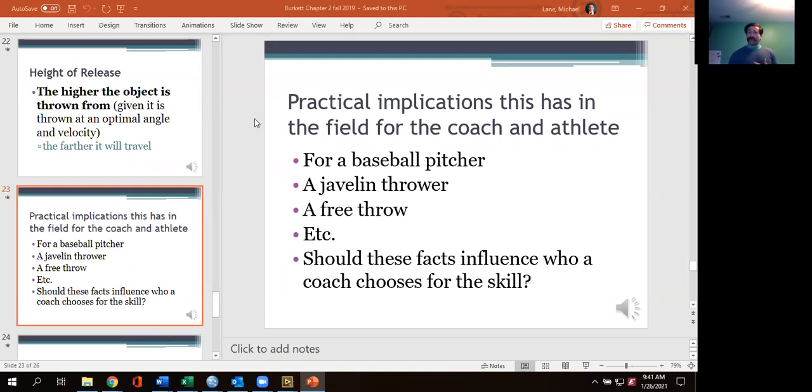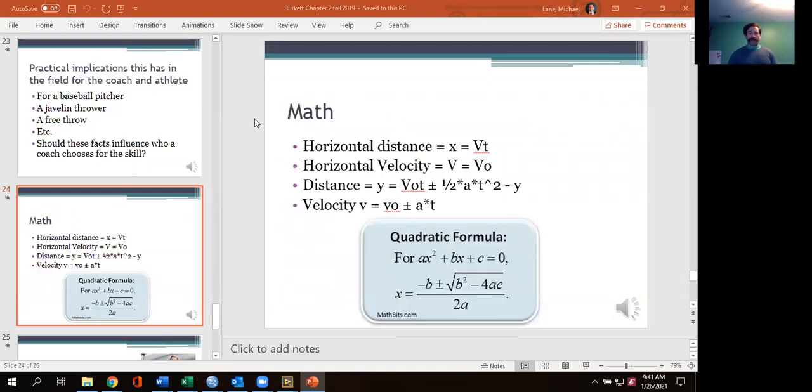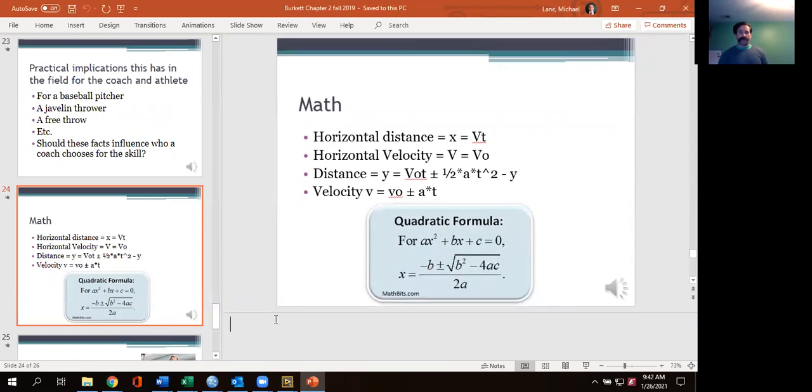This can help you think about what's going to be the most optimal technique for what you're trying to accomplish. So now we get to have some fun, which effectively is we're introducing the mathematical formulas that are going to be related for figuring out how far these objects went. So horizontal distance is going to be equal to, okay, x, and just so you guys can also see this here,